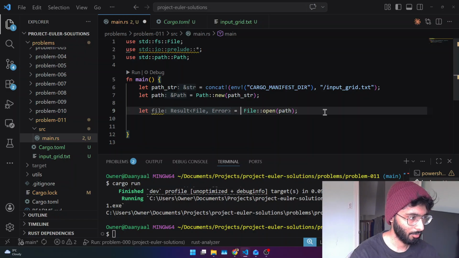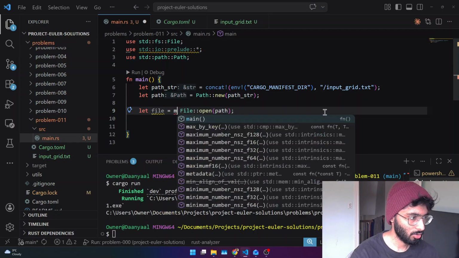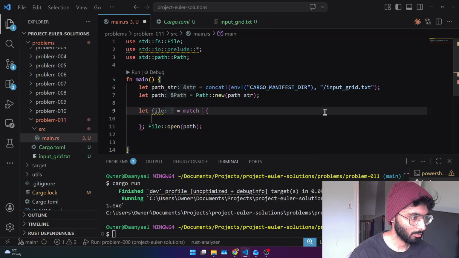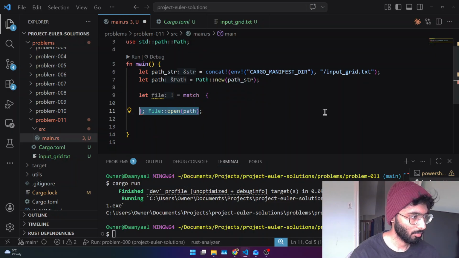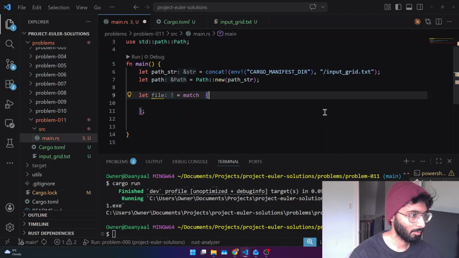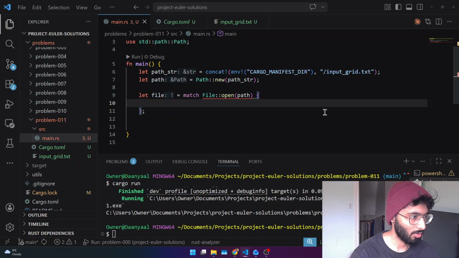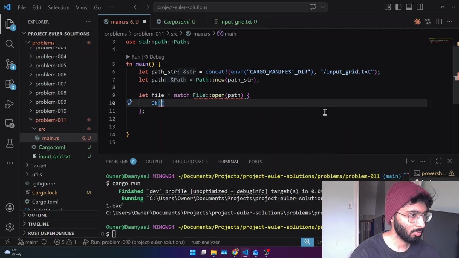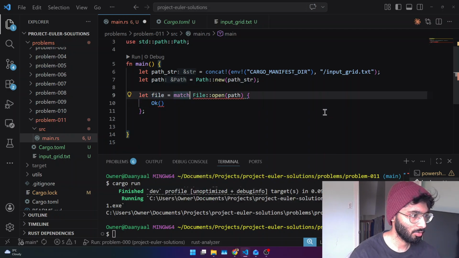Let's say match, and match this. And then the first case is if it's okay,